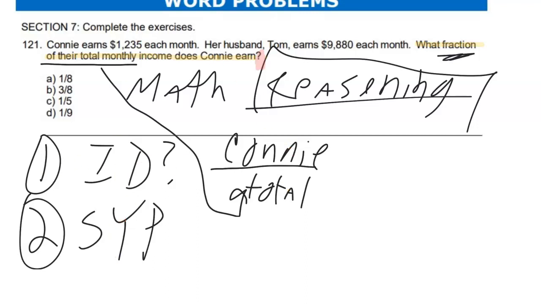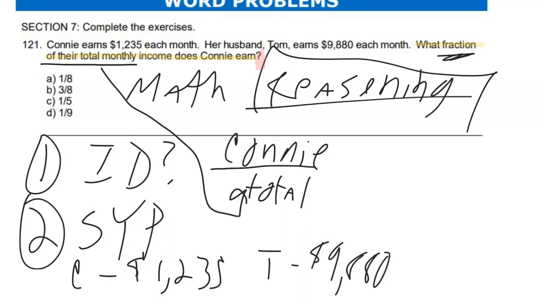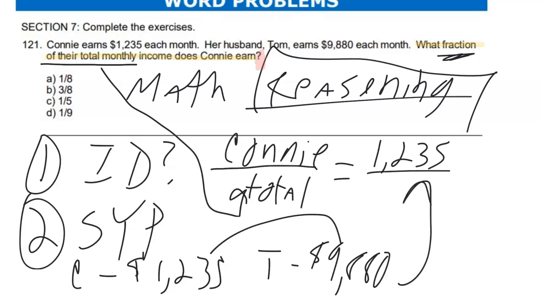What you want to do there is simply take down information. So you can put C for Connie, and she's at $12.35 a month. And then you have T for Tom. He's at $9,880 every month. And so of their total monthly income, you get the total by adding those two. For Connie, you already know that, so you can put that up there. And then you would simply add the $12.35 and $9.80 and put that under there,